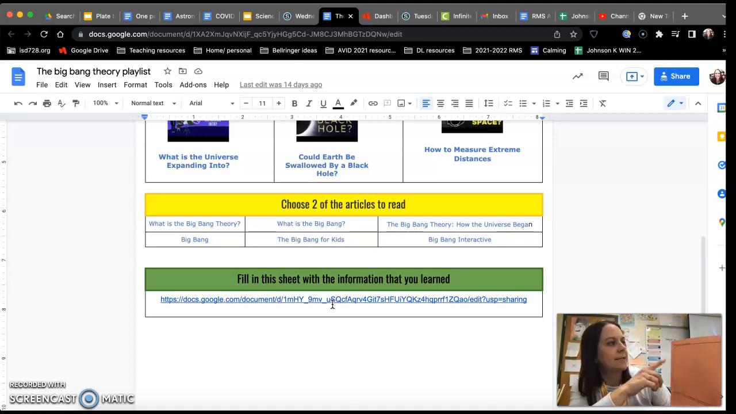And then on the back, it asks you to draw a picture representing your learning. So what did you learn about the Big Bang Theory? So draw a diagram or picture to represent that. And then explain what is happening in your picture and how this relates to your learning about the Big Bang